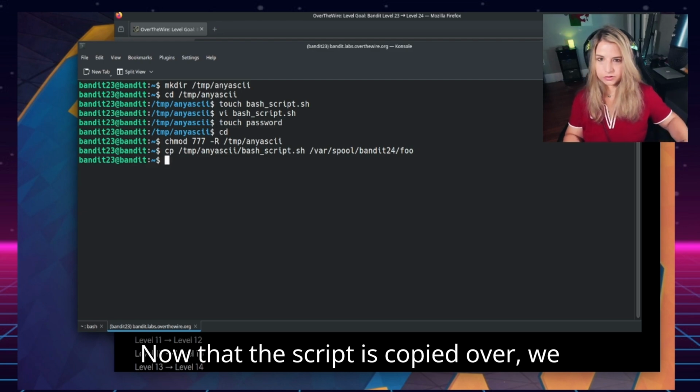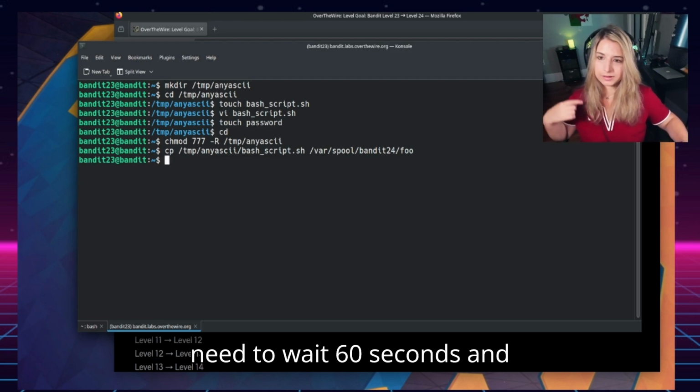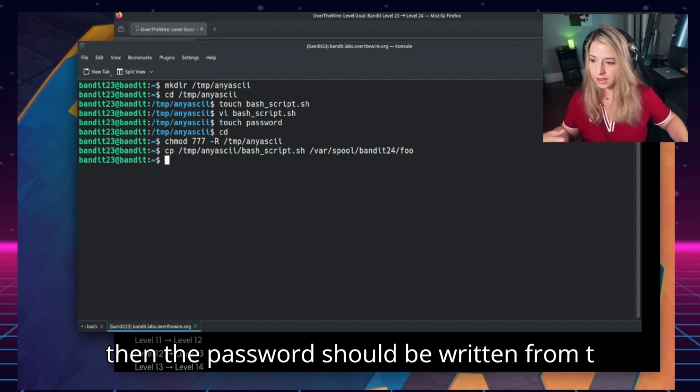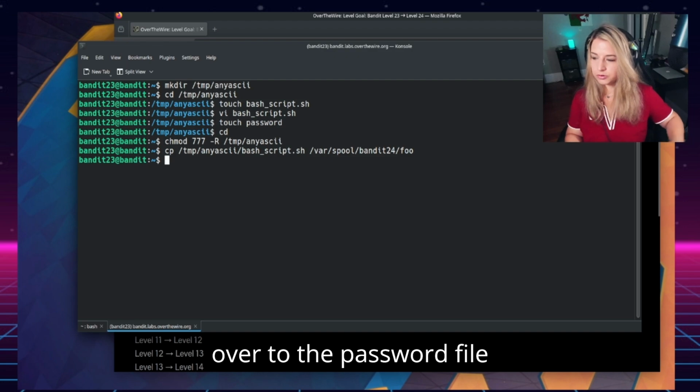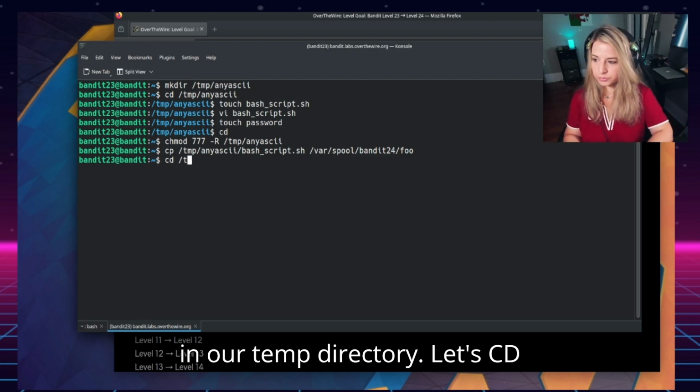Now that the script is copied over, we need to wait 60 seconds, and then the password should be written from the bandit password directory over to the password file in our temp directory.